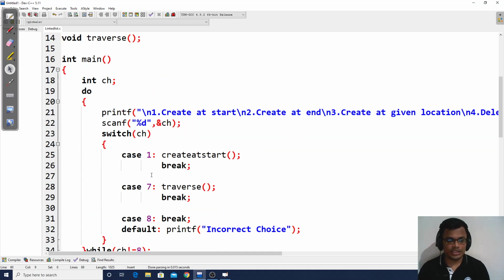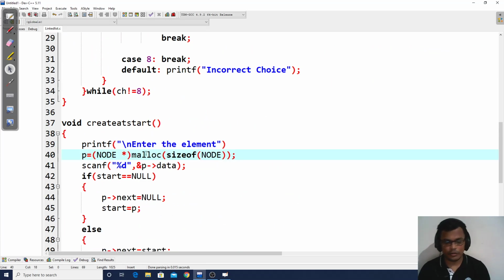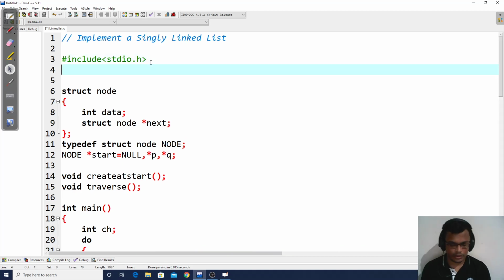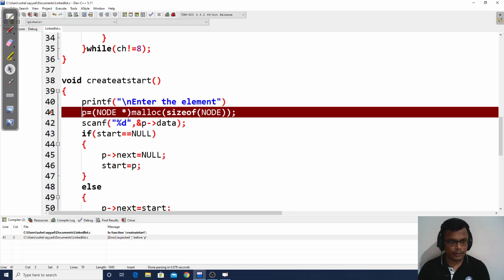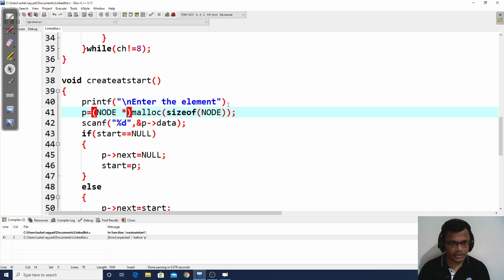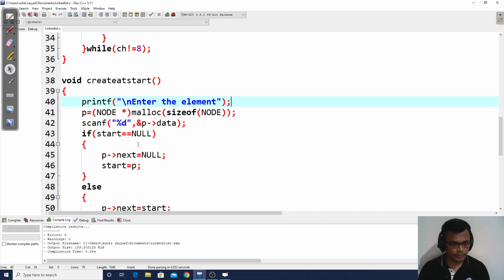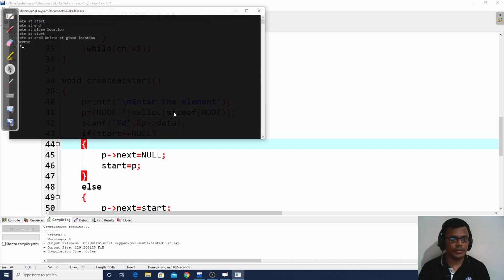Now in order to use the malloc function, I just forgot to tell, we have to use the stdlib header file so that we can get that particular function in our logic. So let us compile this code. It gives an error: expected semicolon. Oh, we have missed a semicolon over here. So this code is compiled, and let us execute this code now.